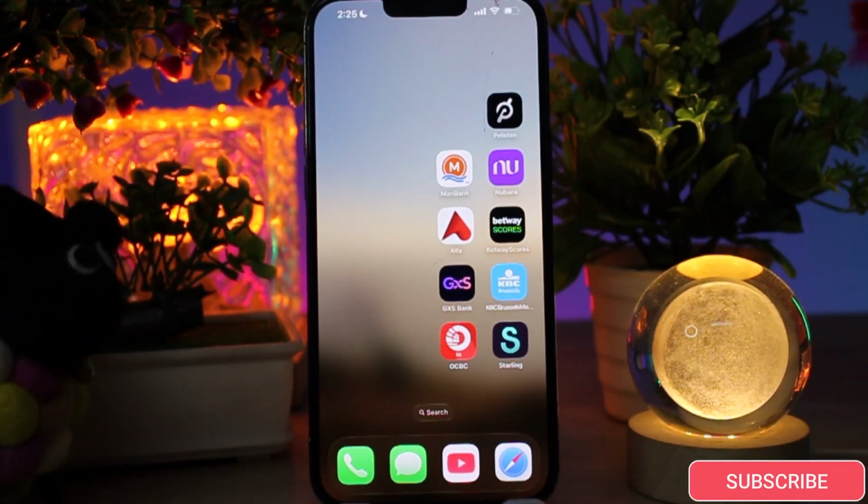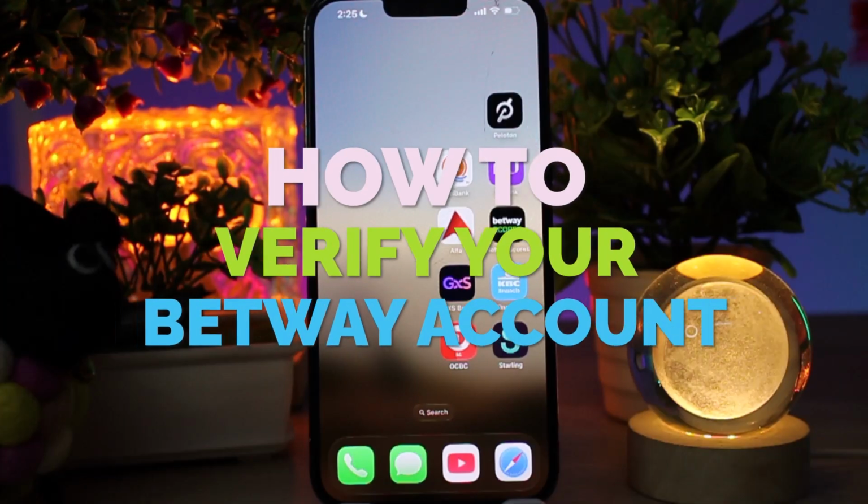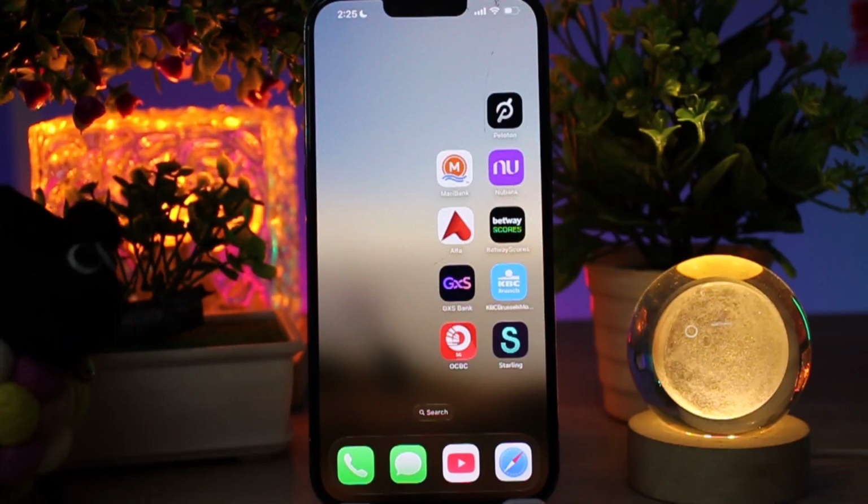In today's video, I'm going to show you how to verify your Betway account. Account verification is important because it helps keep your account safe and allows you to withdraw your winning amount without problem. First, unlock your phone and open the Betway app on your phone and log in using your username and